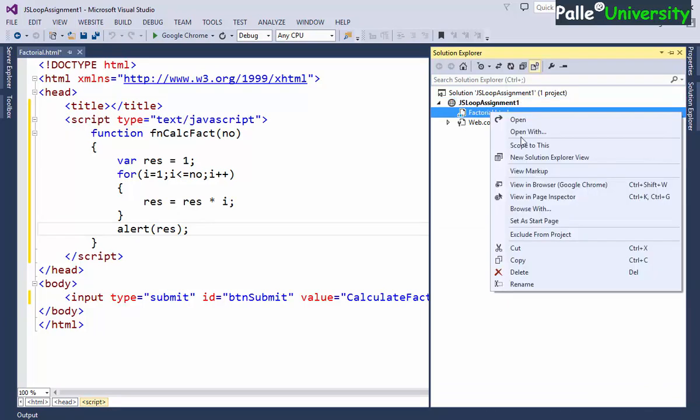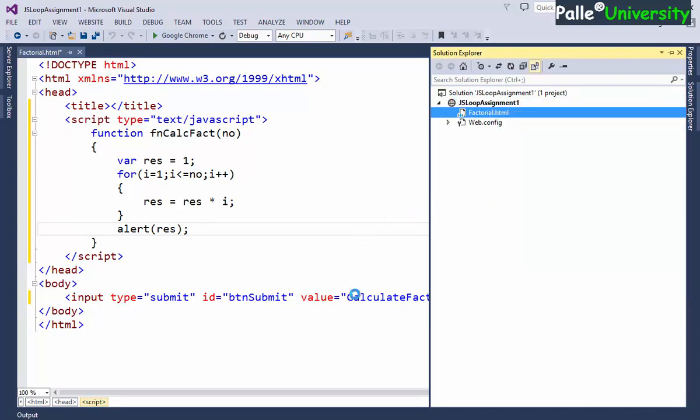I will send this page code to the browser. So when I call this function, when the number variable is receiving 4, it should display the output as 24. Let us verify whether it is displaying output as 24 or not. Now my browser is opening. Now my browser is getting the output from the factorial.html page.